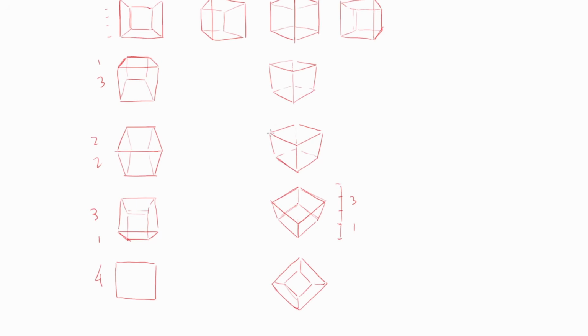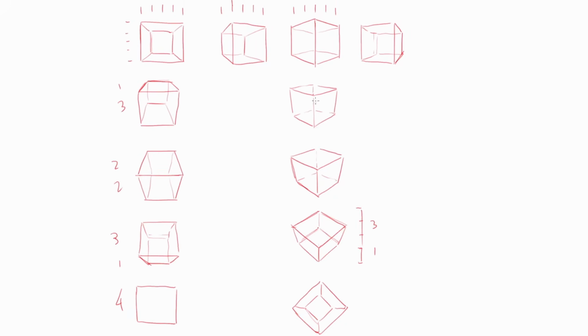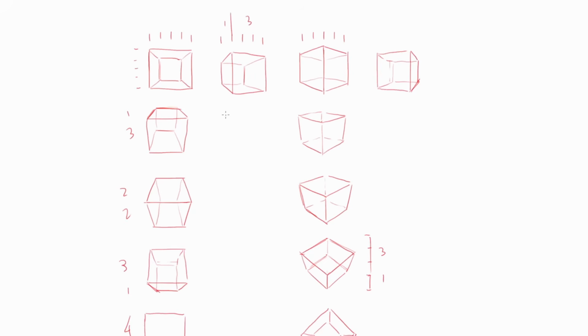Now, this is a little wonky, but it's fine. We're going to see why in a minute. I'm not going to worry about that too much. Now it's time to work on the others. And I will basically apply the same principle that I use for these. So I'm going to draw